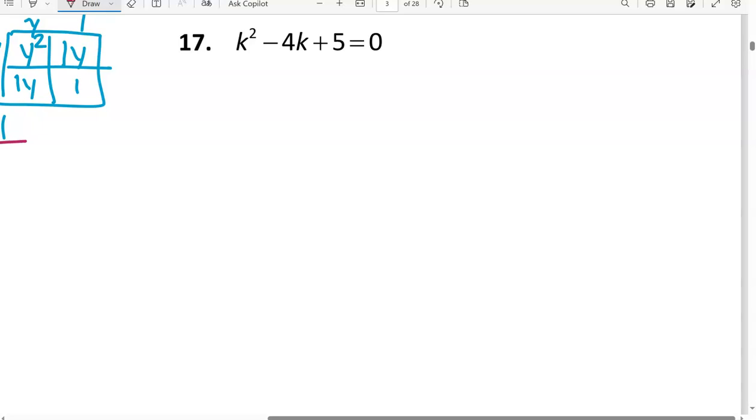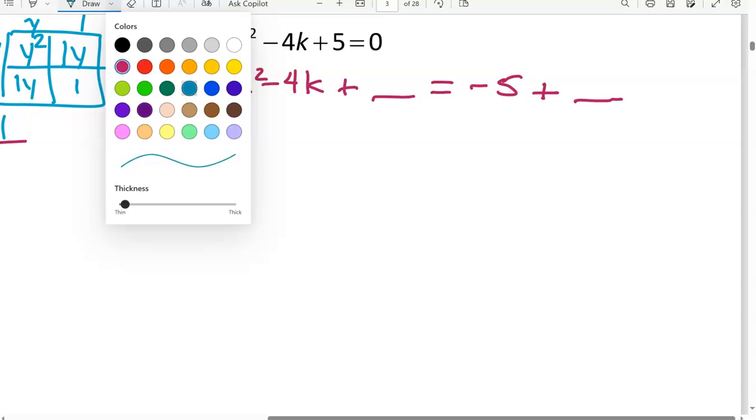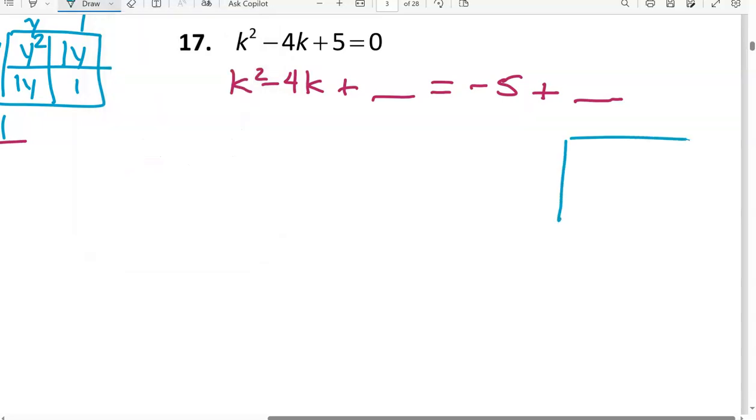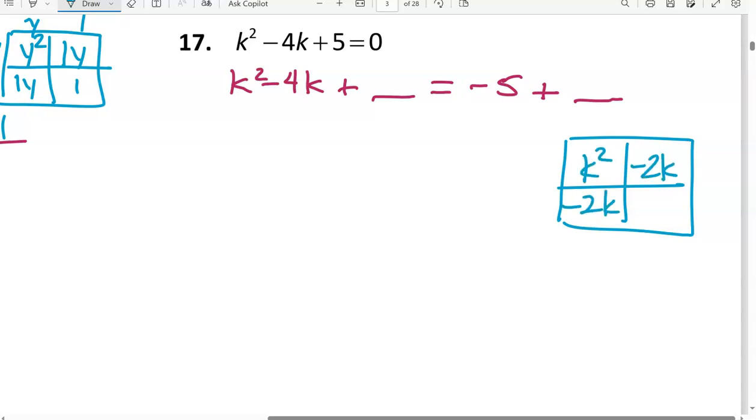In 17, the coefficient of k squared is 1, so I'm just going to isolate the k squared minus 4k, put a plus blank on both sides, and we're going to add that negative 5 to both sides to move the constant term to the other side. Let's draw a picture for complete the square. K squared minus 2k minus 2k, and completing the square, we have a 4,